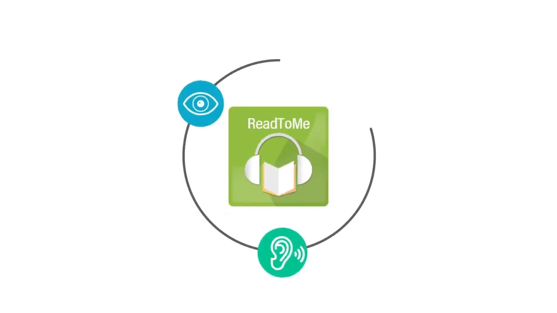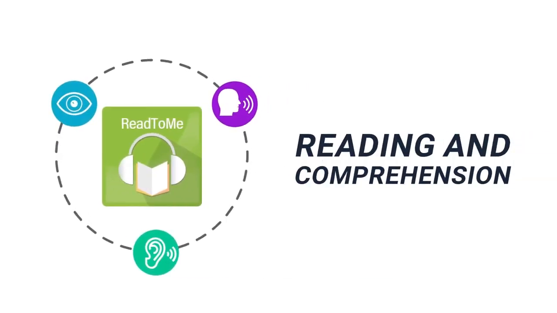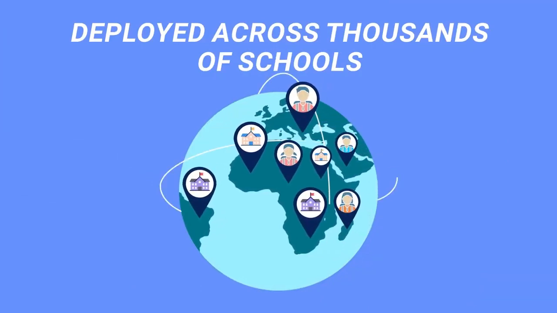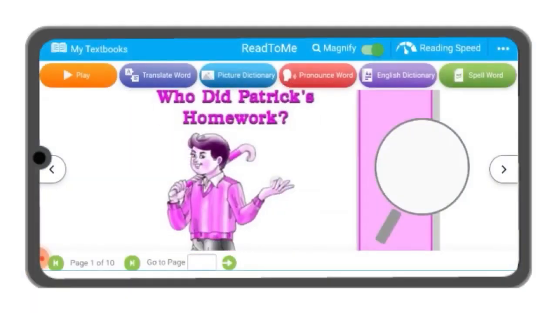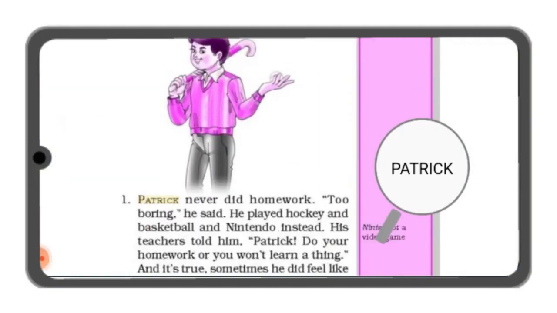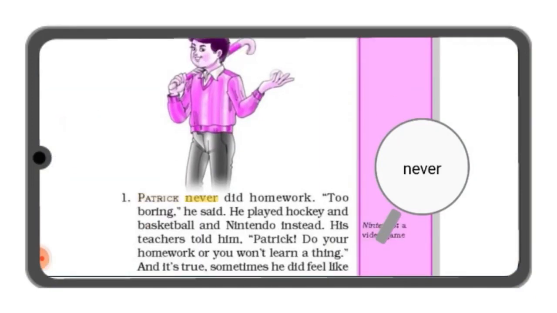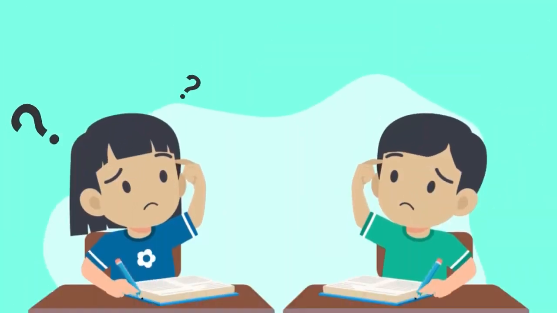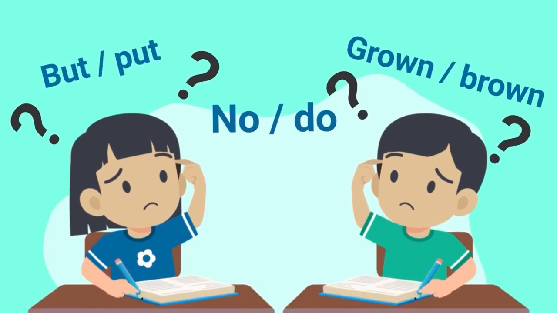ReadToMe is an AI-driven, multi-sensory reading and comprehension platform that has been deployed across thousands of schools in India and globally. Learning with ReadToMe enables repeated multi-sensory exposure to words as the software reads out English text on the screen by highlighting each word. This is especially relevant for acquisition of language skills, as students are challenged by phonics and